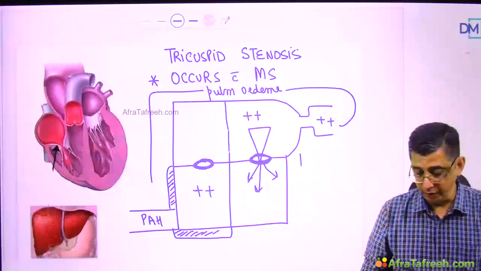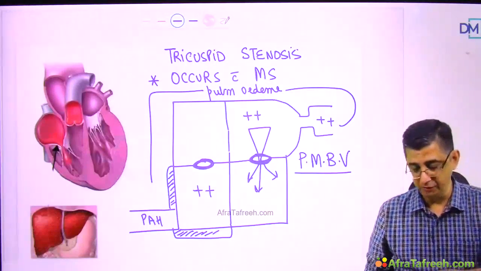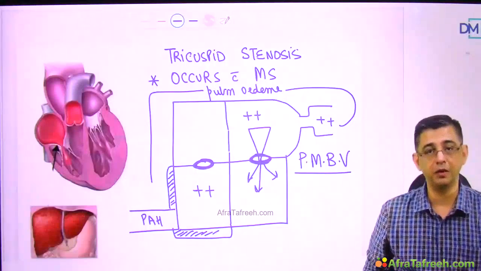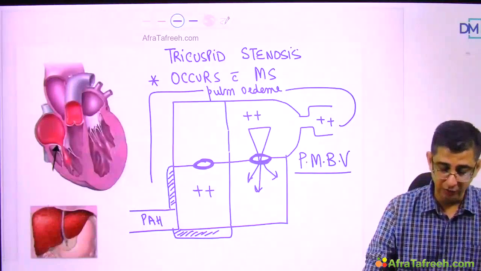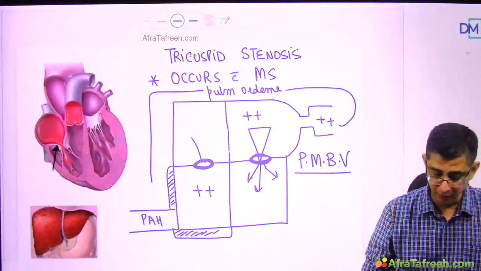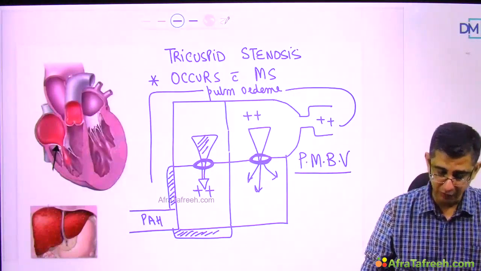Now, when you treat mitral stenosis of the severe variety with percutaneous mitral balloon valvotomy, once PMBV has been done in the patient, then the features of pulmonary congestion will disappear. Now the symptoms of tricuspid stenosis will manifest, and the manifestations would be that the amount of blood going from the RA to RV will also be lesser, so therefore there would be a lot of congestion